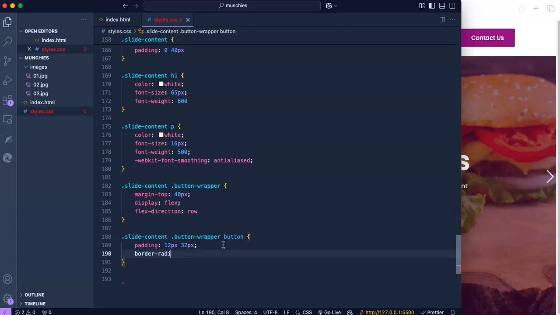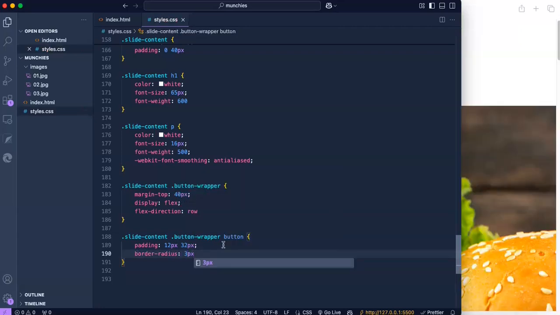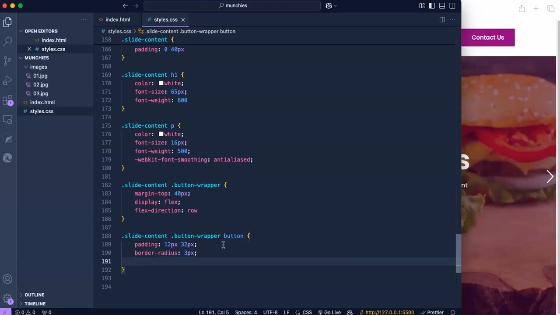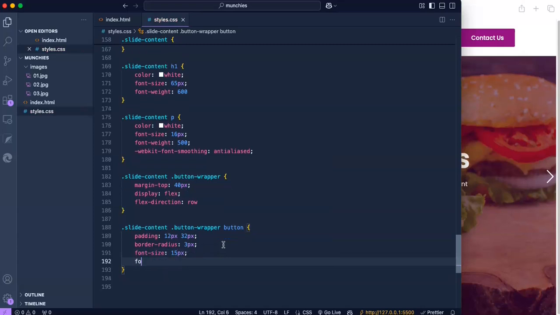And then another thing is we want the border radius to also be the same. The border radius affects how round the corners or the edges of the element are. So we're going to set it to 3 pixels, so not much. We also want them to have the same font size of 15 pixels,